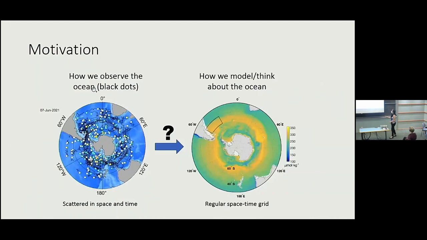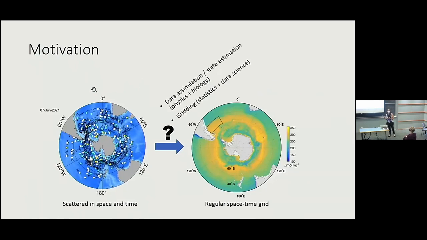As I said, we want to go from scattered observations in space and time to some regular space-time grid, because that's how we study the ocean. How can we do that? We can think of merging the information that we get from observations with our understanding of how the physics and the biology work, so the equations, and through data simulation, state estimation, we come up with a map. This actually comes from the Southern Ocean State Estimate, SOSE, that you may know as SOSE. We can go about it just from an observational point of view, using only observations and data science methods. And that's what we will focus on today, even if, as you will see, we'll leverage the Southern Ocean State